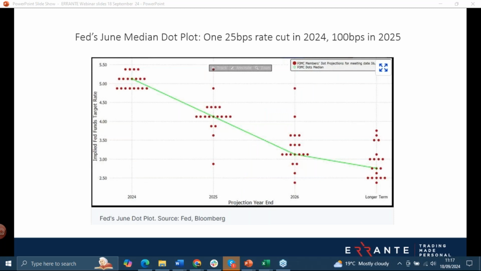and that really showed only one 25 basis point cut for this year, 100 for next year. Pretty much expectations, consensus see 2 to 3 25 basis point cuts, obviously depending on whether they go 25 or 50 in a few hours' time. That, of course, signals the dovish shift, and then focus will be on 2025 as well, with a faster pace of cuts potentially indicating more recessionary fears.